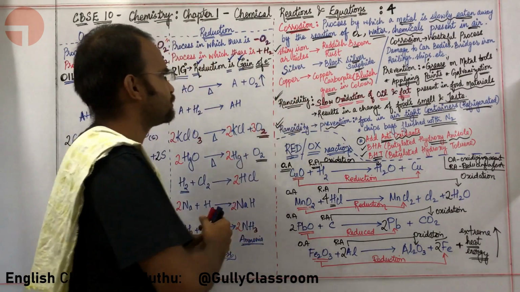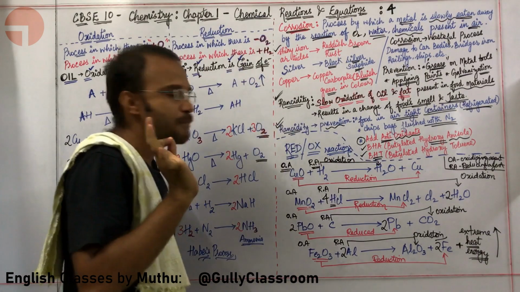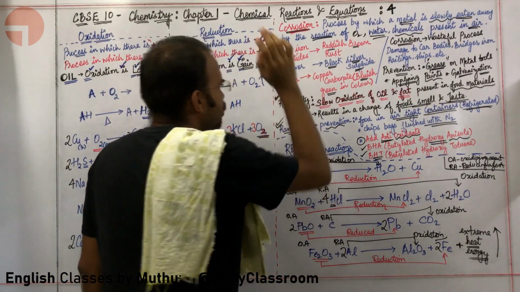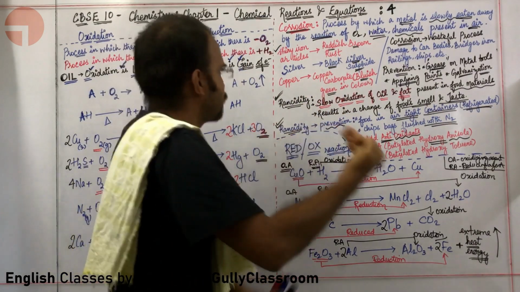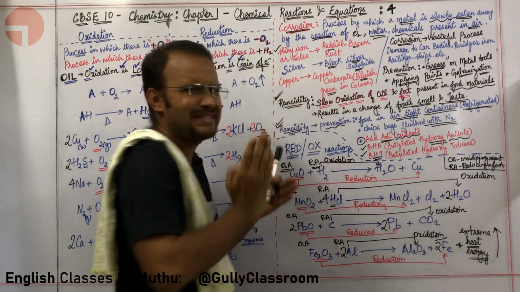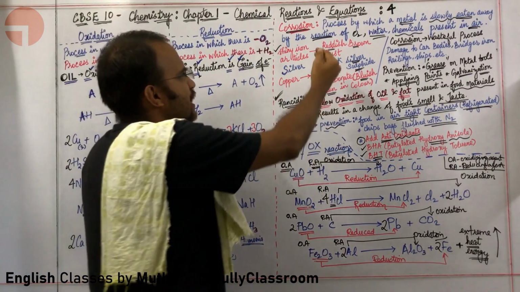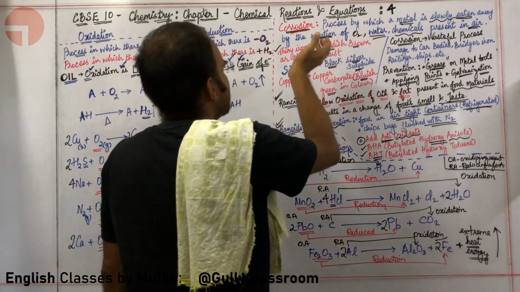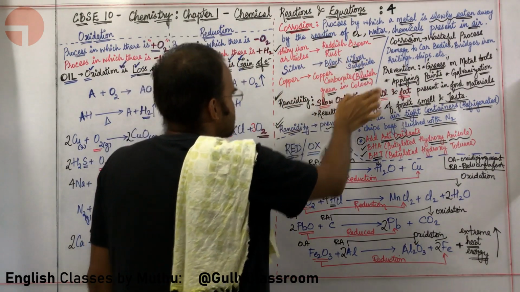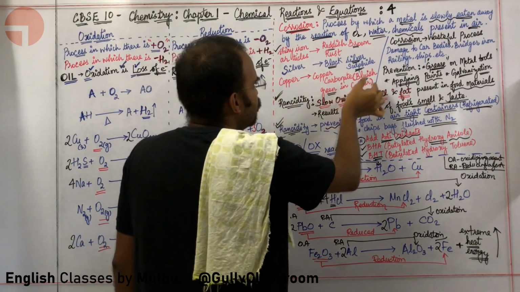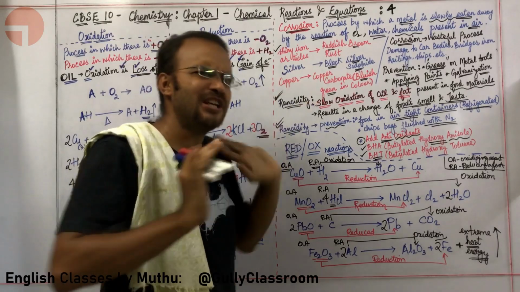What about silver, sir? Silver forms black silver sulfide. What about copper? Copper carbonate is formed due to the process of corrosion. Rusting is only applicable to iron. Shiny iron particles, when they form rust or iron oxide, that is basically rusting. So silver forming black silver sulfide and copper forming bluish green copper carbonate is corrosion. Rusting is a special type of corrosion.